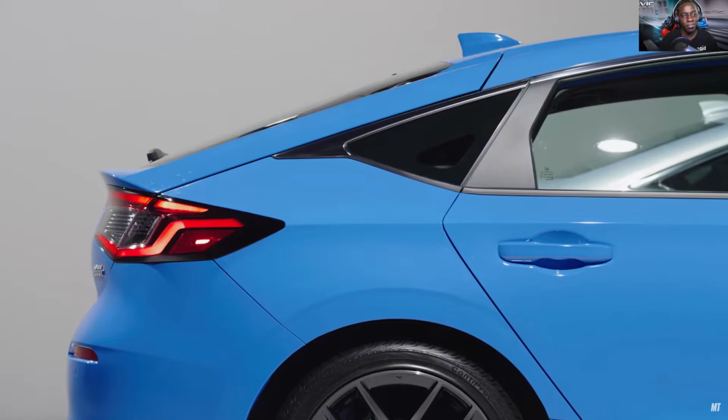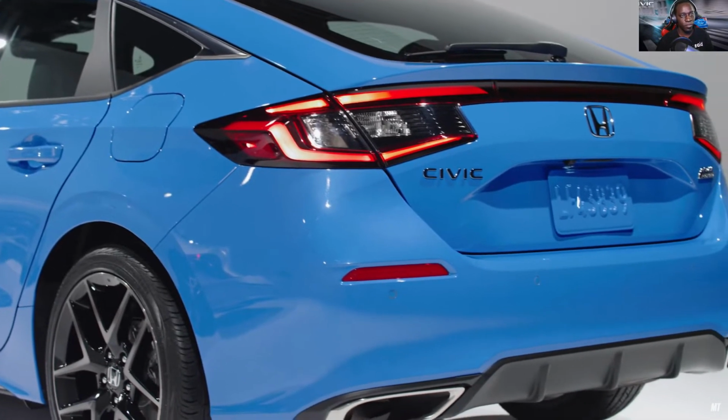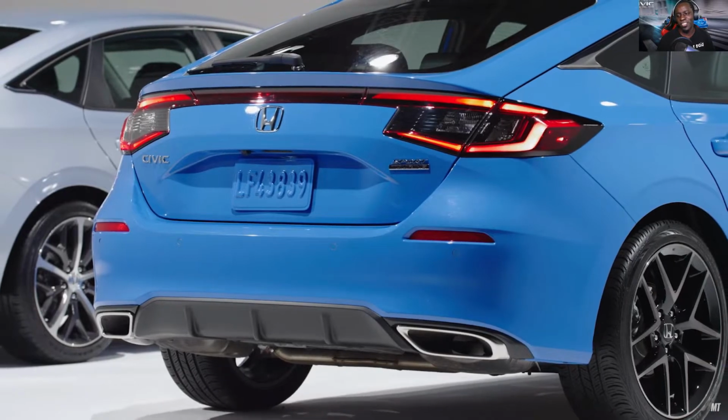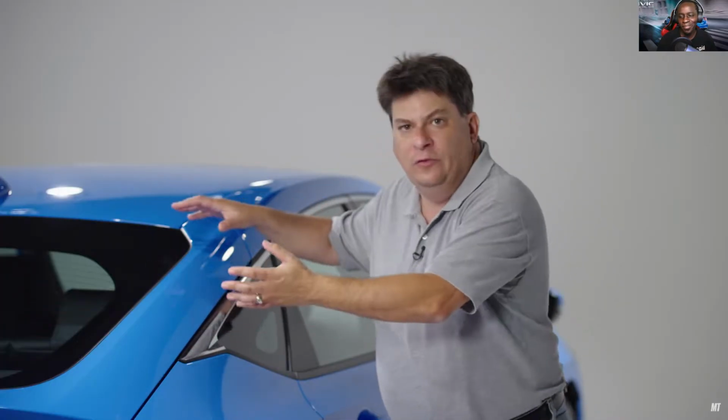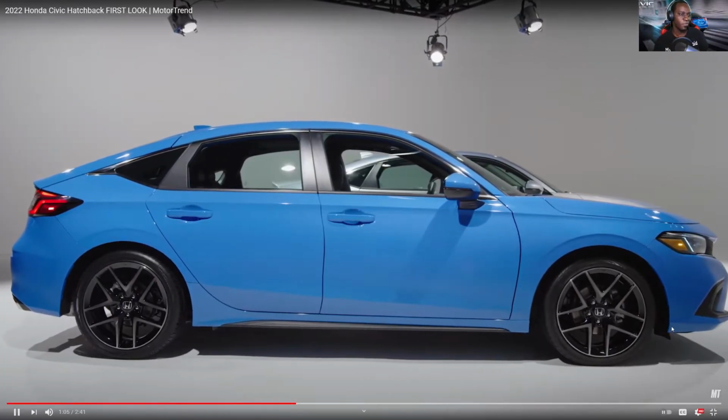They liked that practicality and they liked that visual relation to the Civic Type R. So Honda has once again invested in this hatchback body style. Now, they made some significant changes to the shape of the car, calling it the Sportback, compared to the old hatchback. Less frumpy, less lumpy. They've taken away those spoilers and given it this nice, clean, simple coupe-like profile, which is...